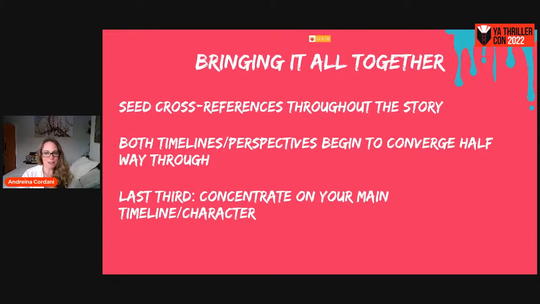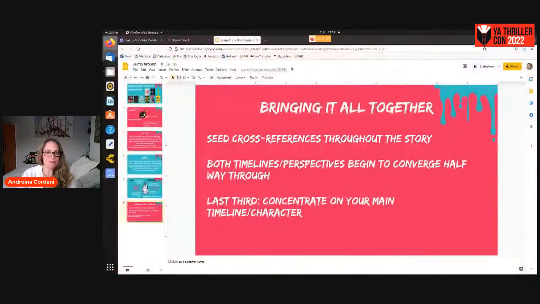Both timelines and perspectives, in most books, begin to converge halfway through, so they get closer and closer. It certainly happened with the girl, when I said Leah did all those flashbacks, her perspective started to catch up with the present day just after the midpoint of the book. And it sort of feels natural to bring it together at that time. And then in the last third, the second timeline, or third or however many you have, will probably fall away, and you will concentrate on your main character, or your main timeline, for the last part of the book,